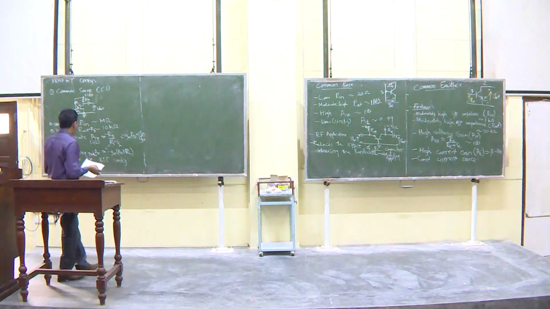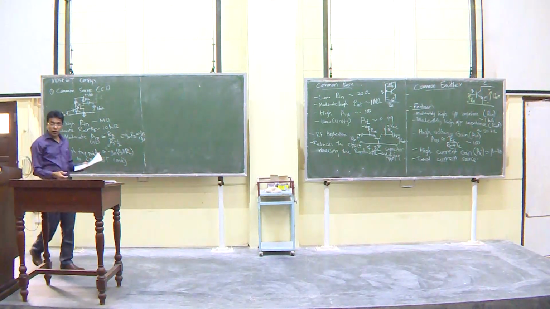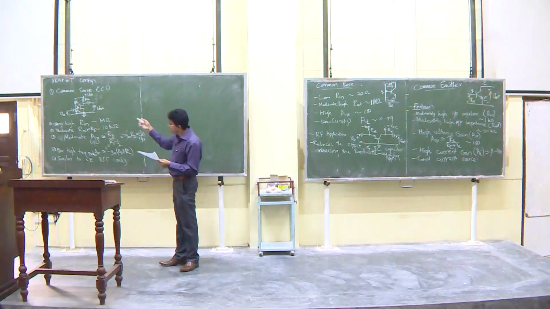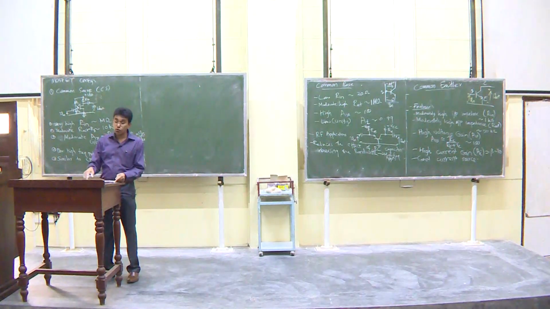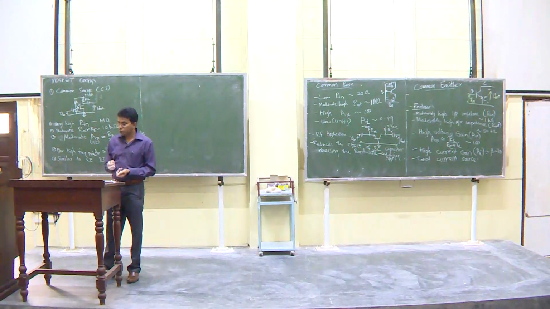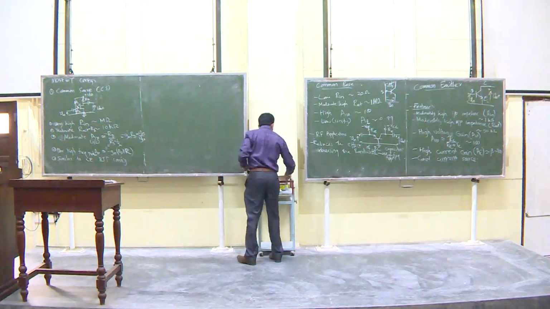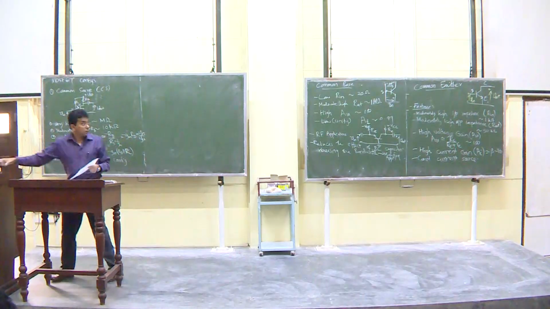Right, if you want, you can add this emitter resistor there to stabilize this, and often we do use it, but then things become a little bit more complicated, but we'll try to do an example to understand that also, right? Okay, so the next one that we have is the common drain